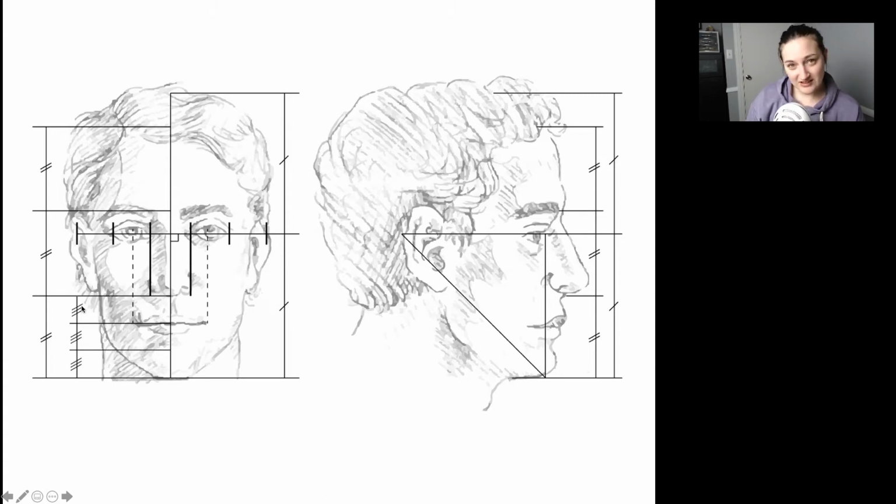So they're very good at listening, right? If you're drawing an older person, maybe this is a little bit bigger. But that is the general placement of it: it goes straight over from the brow ridge and the bottom of the nose. Same for the